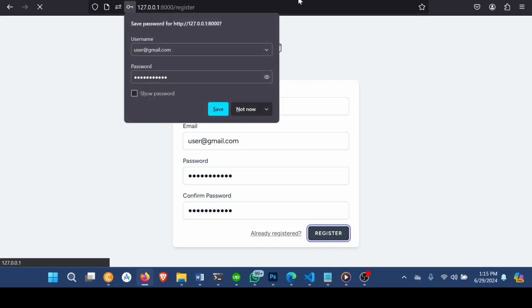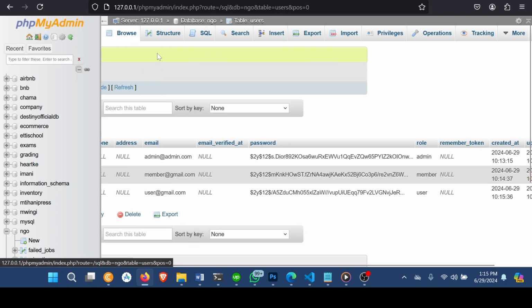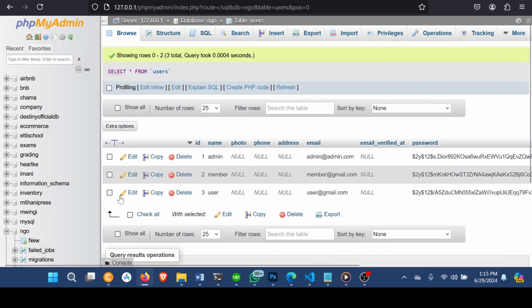And let's see if the user has been registered. And we now have the 3 users, each with their own roles. Now that is the first part. That is the first part that I wanted us to cover. We are going to move on